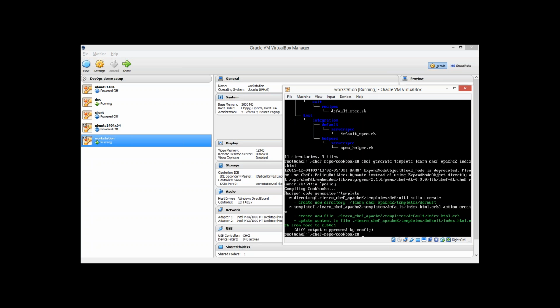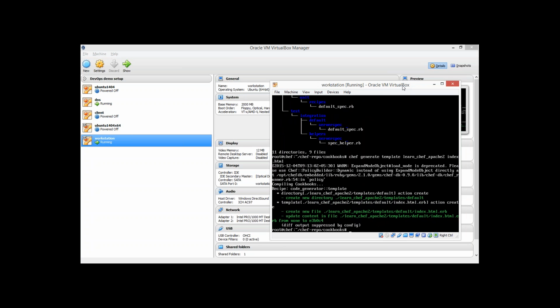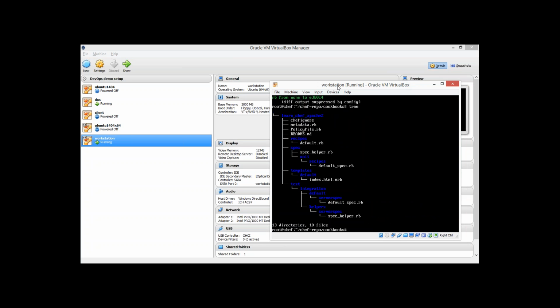So until now there is no templates folder which exists. There is just a test folder which starts with T. If I hit tree command again, you should be able to see another folder created just above the test folder, which is called templates. In case of Puppet, we had created a files folder all by ourselves. Okay, so in templates folder there would be a default folder created. Instead of that, our file has been placed with a name index.html.erb. So this is a ERB template. That means it is a dynamic template which accepts some values if you are willing to pass some values there, and it should